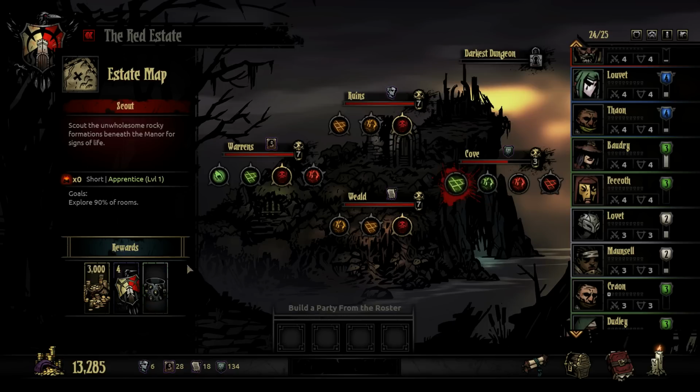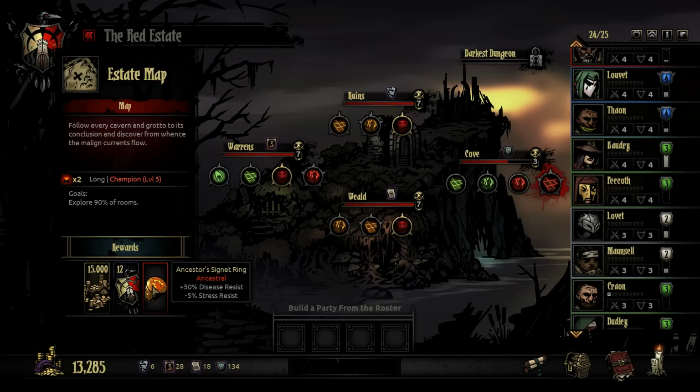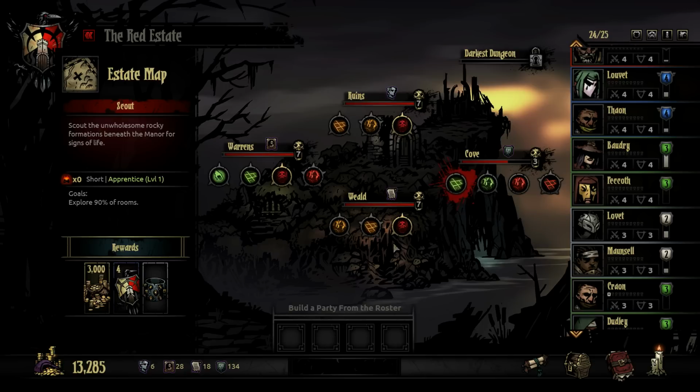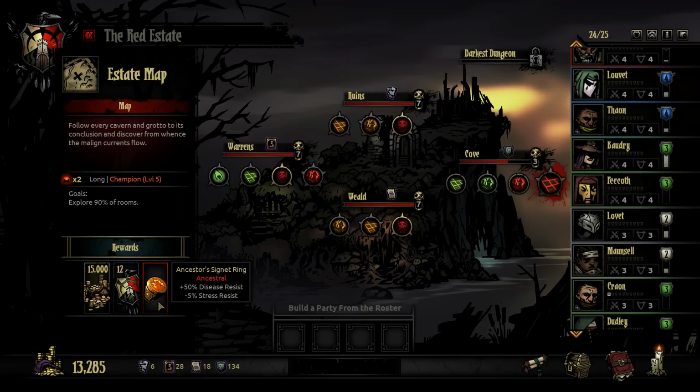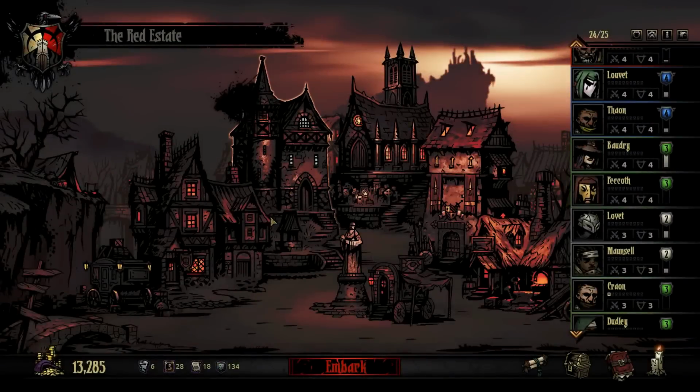I don't remember ever seeing a Warrior's Bracer before. Alternatively, that is also pretty good. And Ancestral Signet Ring. Sadly, that's not really that great. Disease Resist is not really something... Like, I would rather go on a short Apprentice Level 1 mission for this Warrior's Bracer that is common than I would like to go on a long champion mission to get the Ancestral Signet Ring. That doesn't feel right from a motivation standpoint, but well, it is the thing that we have to deal with